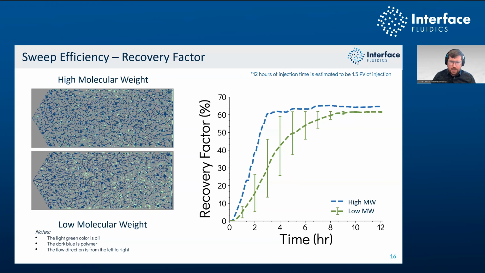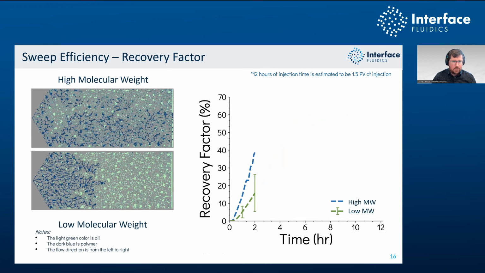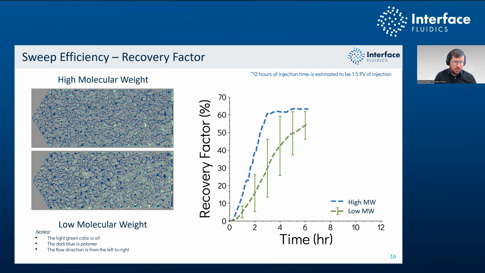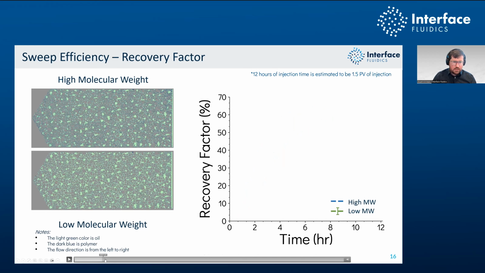So what we're looking at here is we partnered with a polymer manufacturer who had run a long history of core floods, and we're looking at replicating the core floods on our systems. So if I play the video, what you're going to see is that on the top, we have a high molecular weight polymer displacing the oil, and on the bottom, a low molecular weight polymer. And as the video plays, we're having a real-time visual of how much oil is produced by each of those products. And if I go back and replay this video from the beginning,